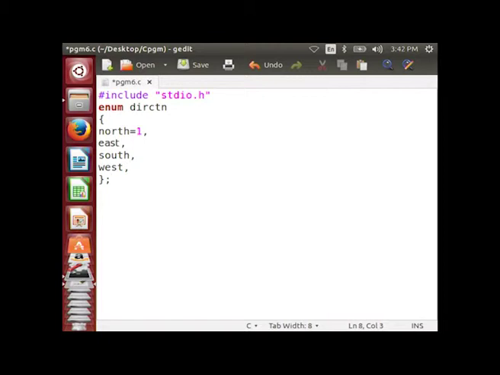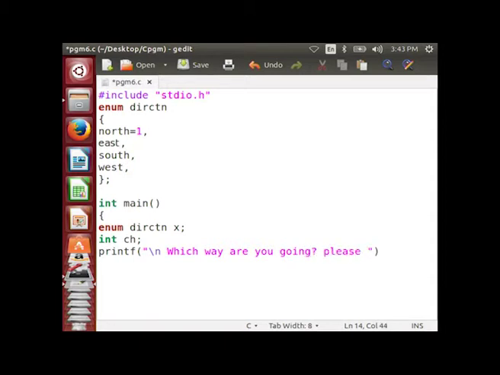Now, declare the main function int main within curly brace enum dir_ctn x, then int ch, then printf which way are you going. Please enter your option number 1 for north, 2 for south, 3 for east and 4